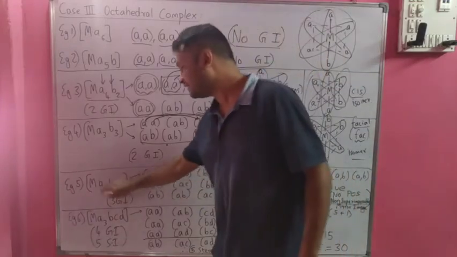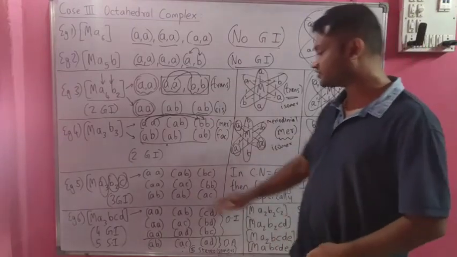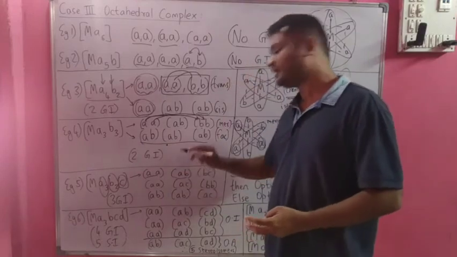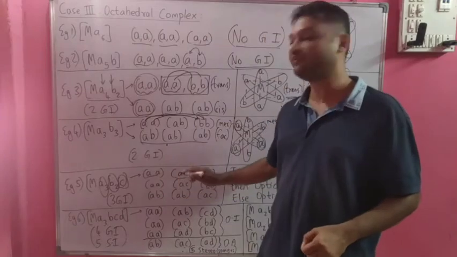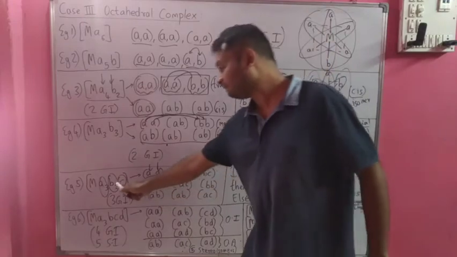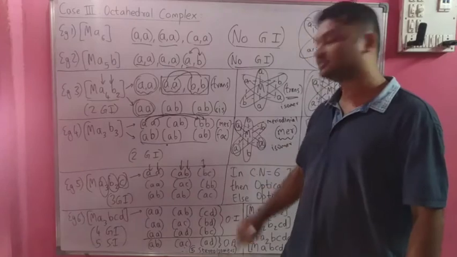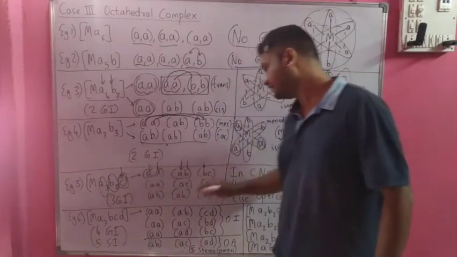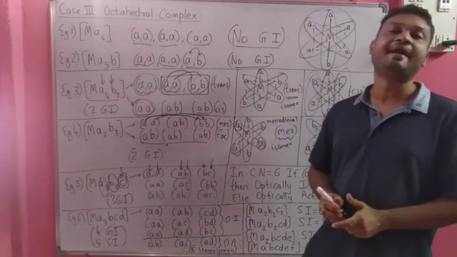MA3B2C. So we have 3 A ligands, 2 B ligands and 1 C ligand. So let us first form the sets. The first set will be AA, 2 A's done. Now 1 A remains. So 1 A I am combining with B. So A is done now. We have 3 A's and we have done all 3 A's until the second set. Now let us continue with the B. So we have 2 B. One of the B I will keep in the second set. The other B I will keep in the third set. Finally we have one monodentate ligand which is C, which I am writing in the third set. So one possible set which I have is AA, AB and BC.